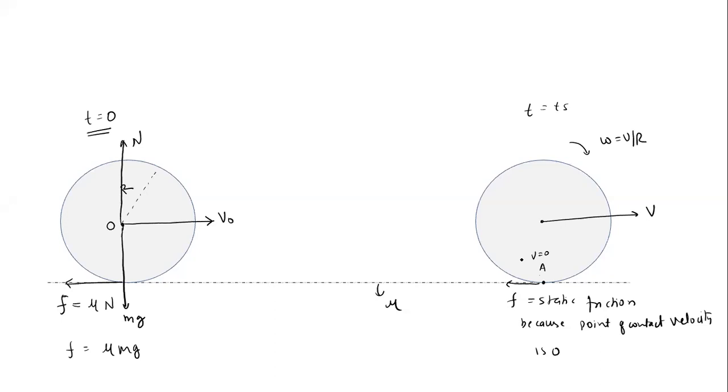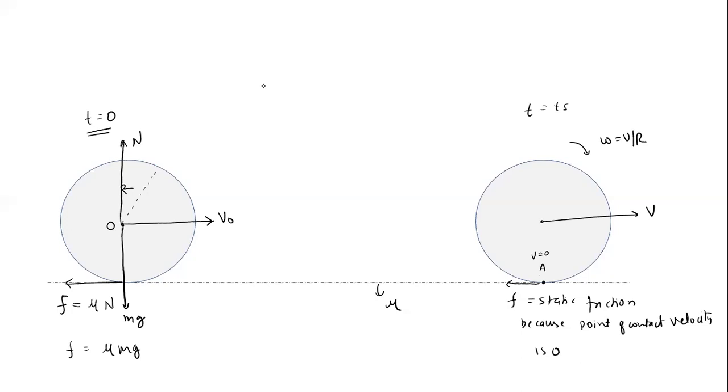Are you getting this point or not? You could have told me that if it is a static friction, the body should stop, but the body is not stopping. It keeps on moving. The reason is that even though there is no relative motion between the point of contact and the surface, every time the point of contact is changing. Because of that, the friction will be static only. Are you getting this point? Yes or no?